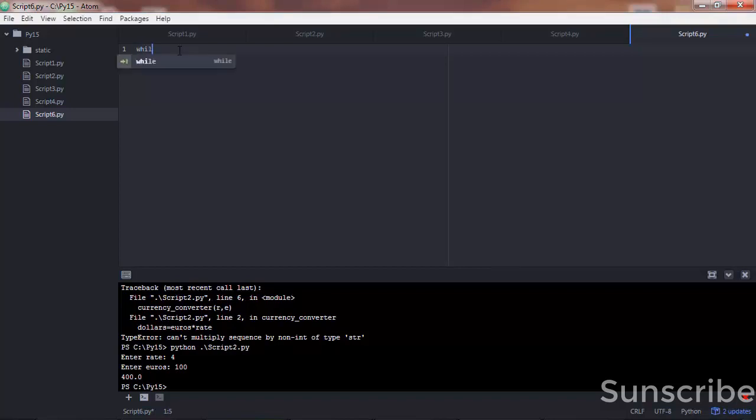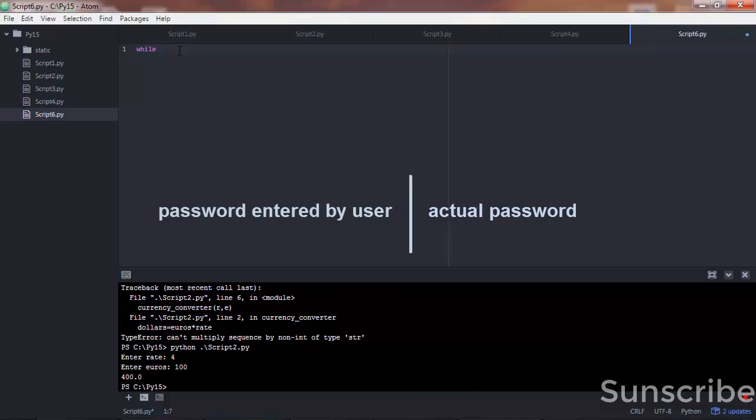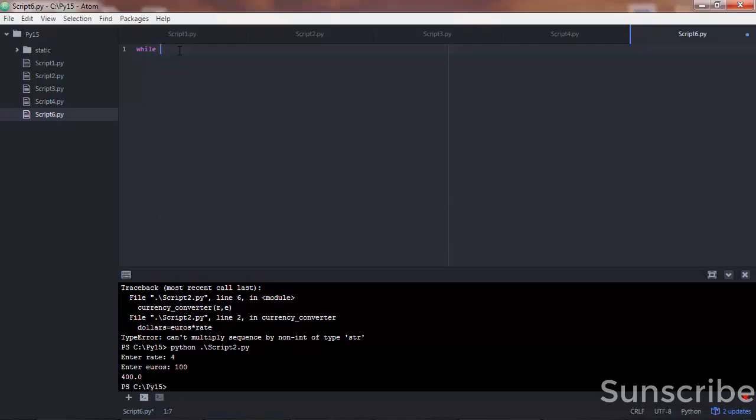A while loop starts with the while keyword. Let's say we want to write a program that will compare a password against the value that the user enters. And while the password entered by the user is not the same as the password that we know, the loop will keep occurring over and over again until the user enters the correct password. So while the password is different from, let's say the real password is Python123, and we need a colon there,